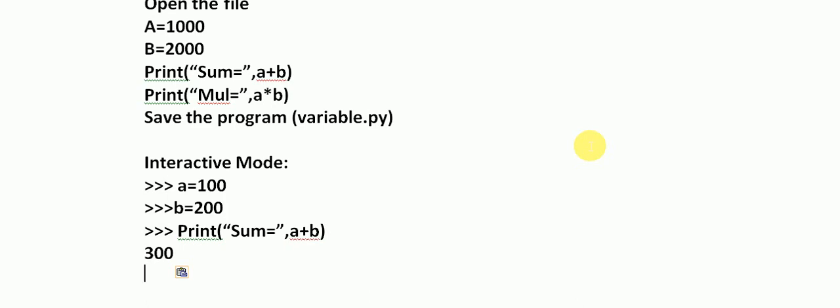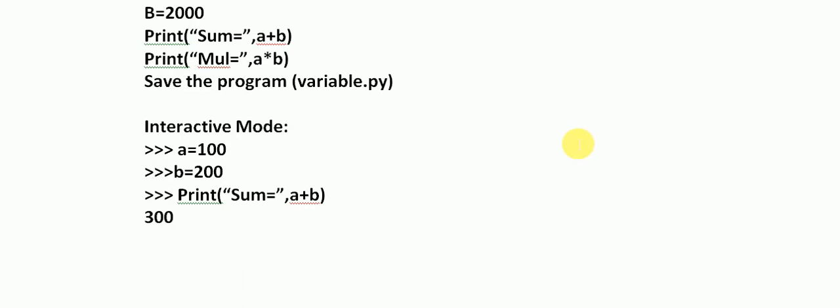The execution is performed, and we write the second statement, that is b equals 200. These are separate lines of statements, shown by the greater than sign of 3 symbols. Finally, when we want to print both numbers, we use the print statement: print sum equals a plus b, and we get the final answer, that is 300.